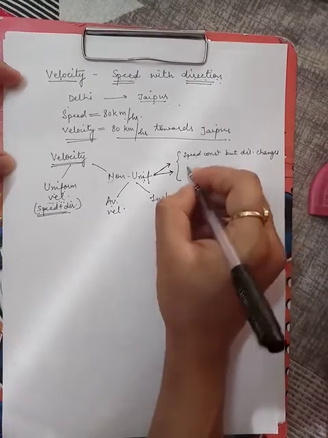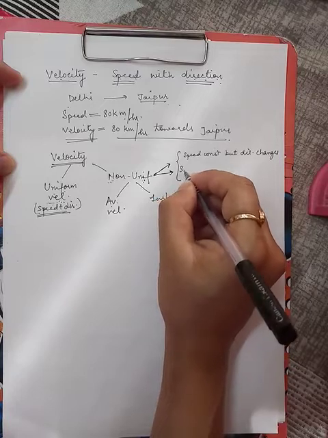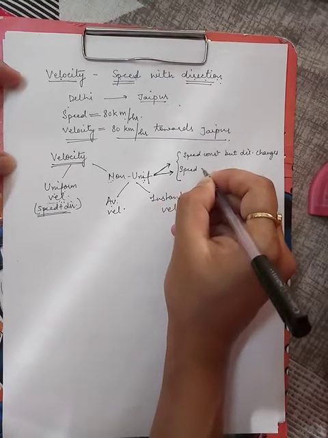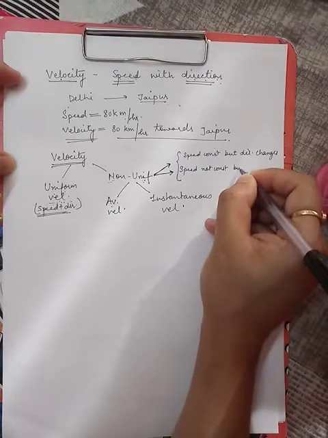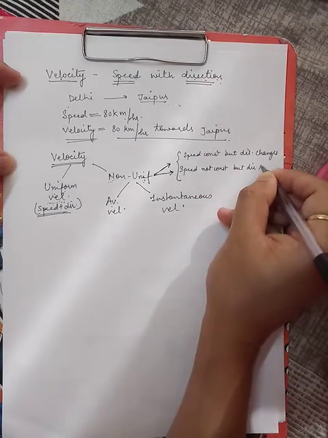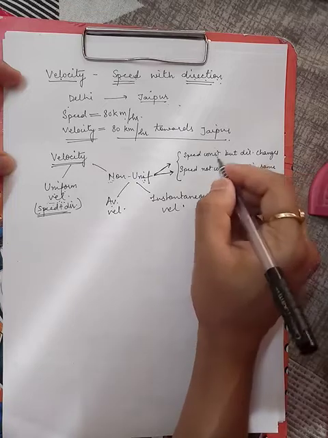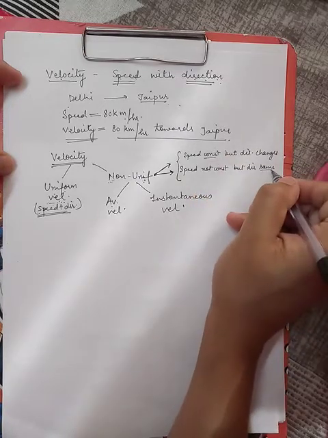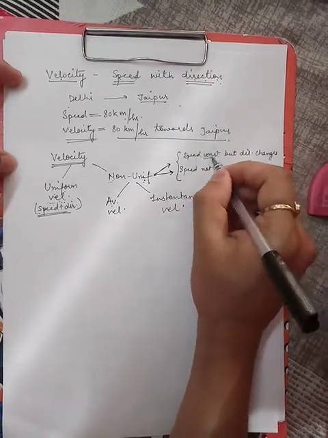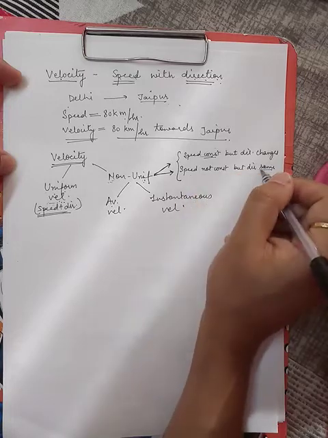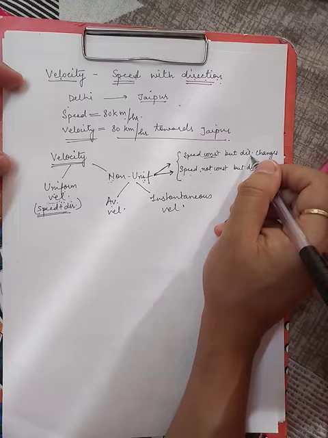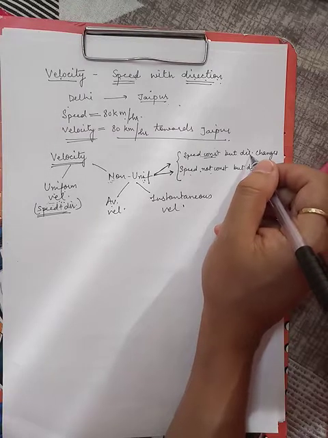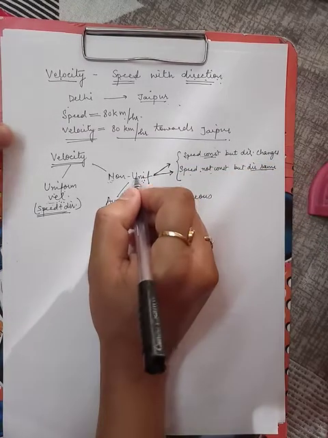Second is when our speed is not constant but direction is same or constant. Okay, in this case the speed is constant, in this case the direction is constant, but one of the things is not constant. That means it is non-uniform